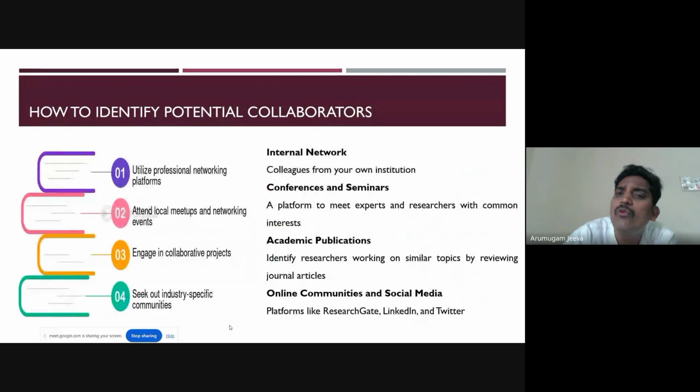And how to identify potential collaborators? This is the next question you may have in your mind. How are you going to identify a potential collaborator? One is through your